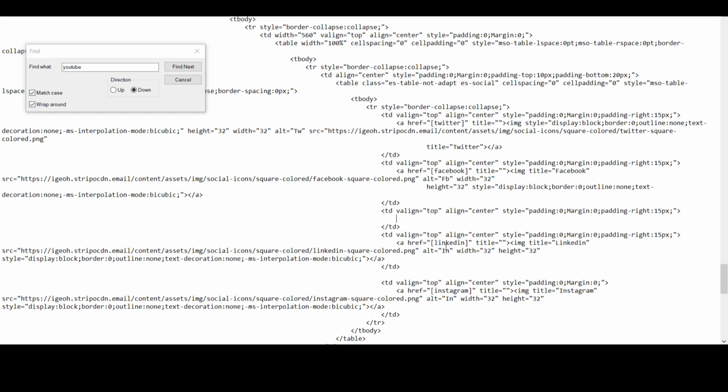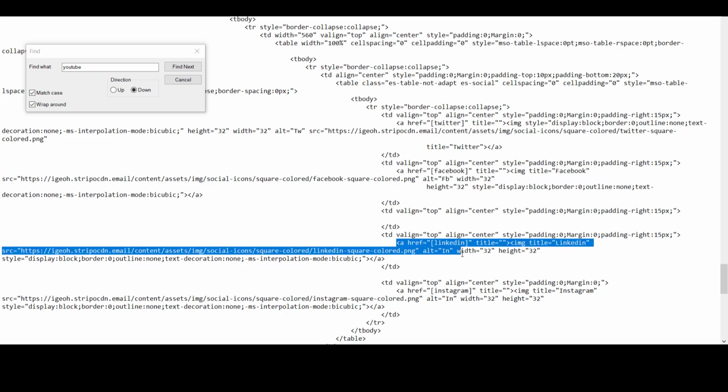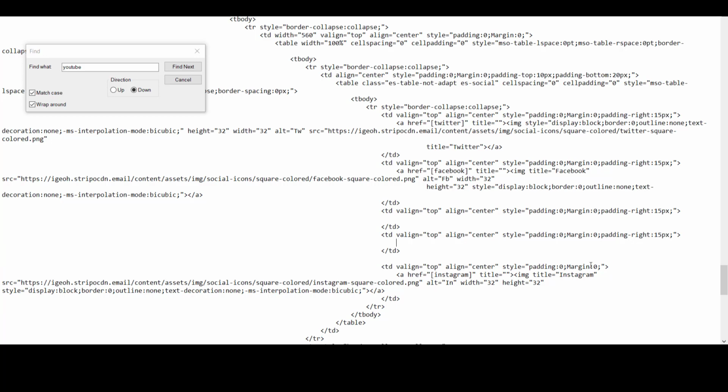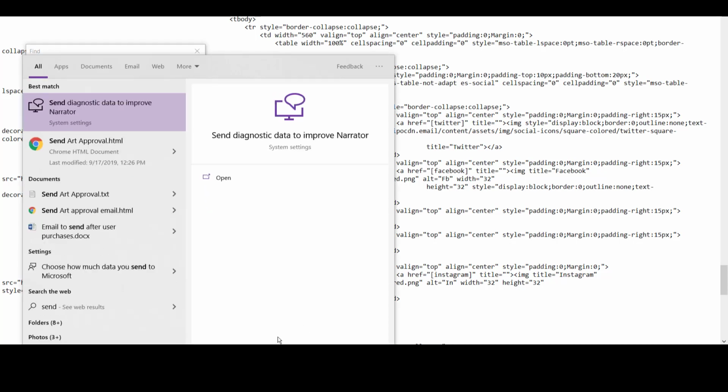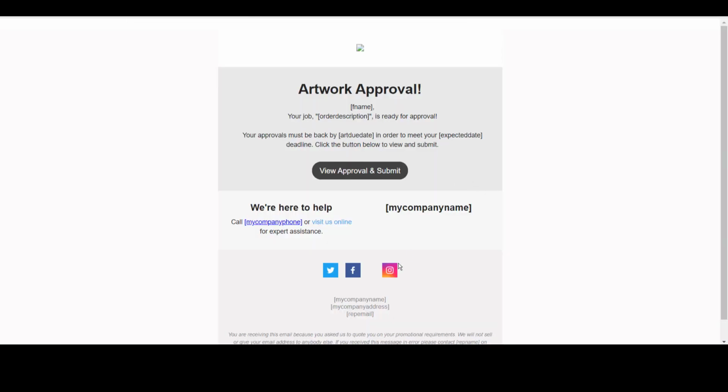Okay, so we got rid of the YouTube one, and let's get rid of the LinkedIn one. So here's Instagram, here's LinkedIn, here's Facebook. So again, the open bracket all the way down to the end bracket and delete. And let's go ahead and hit save. And we can view the send art HTML again,